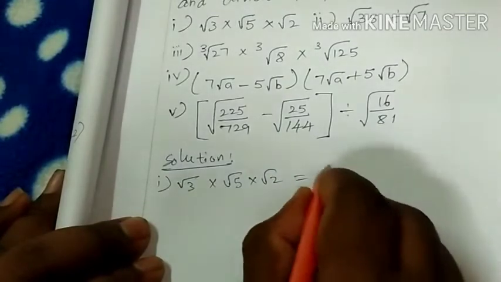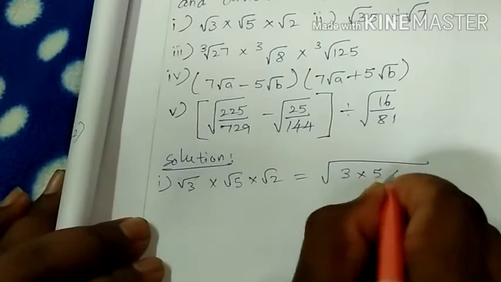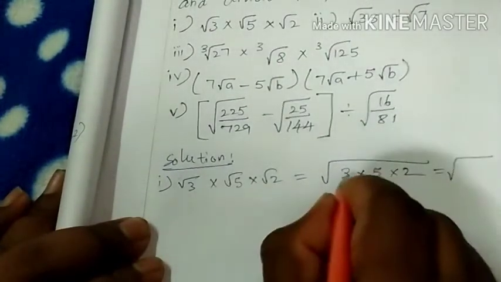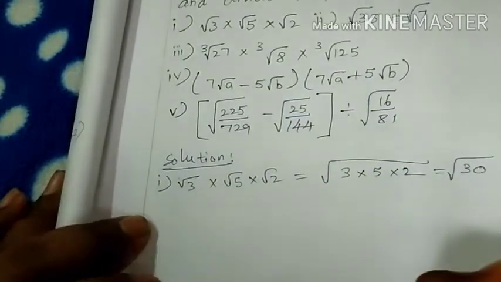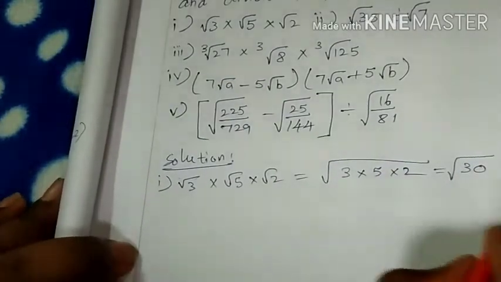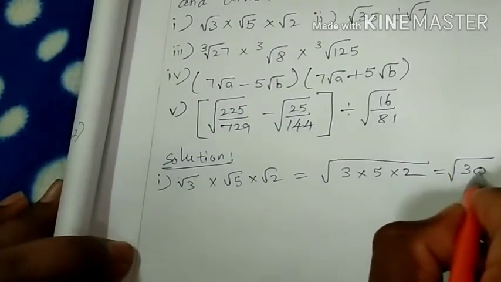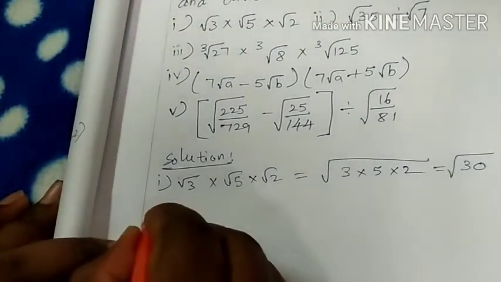Orders are the same means write with a single square root: 3 into 5 into 2, which is equal to the square root of 3 fives are 15, 15 twos are 30. That's your answer, root of 30. This is the simplest form. Then the second question,